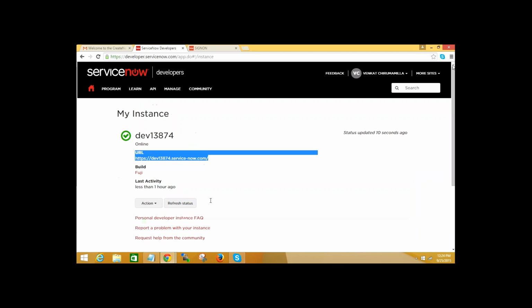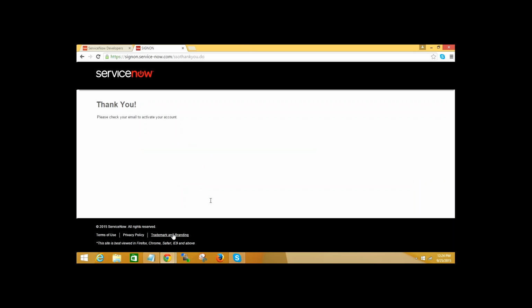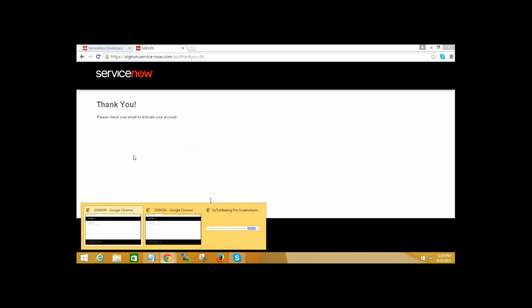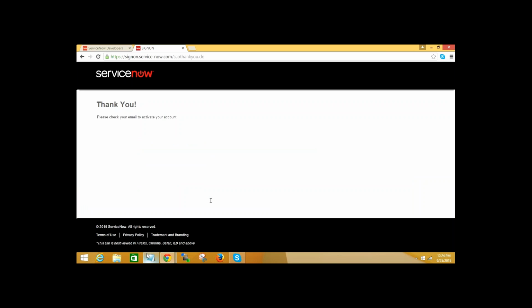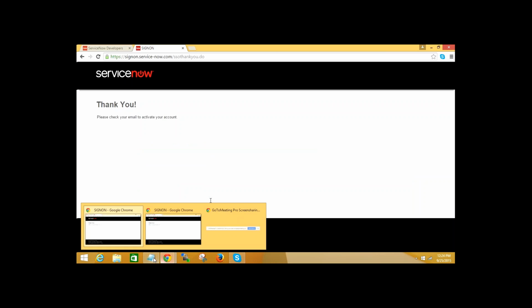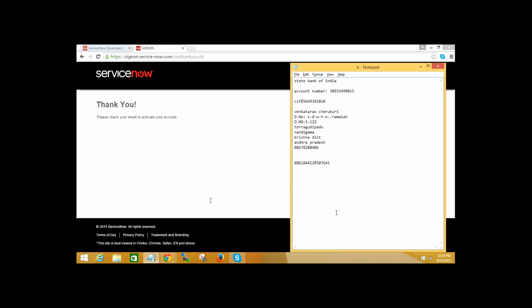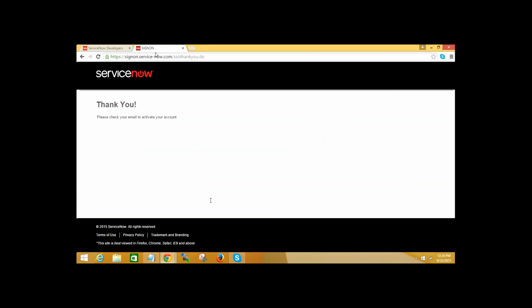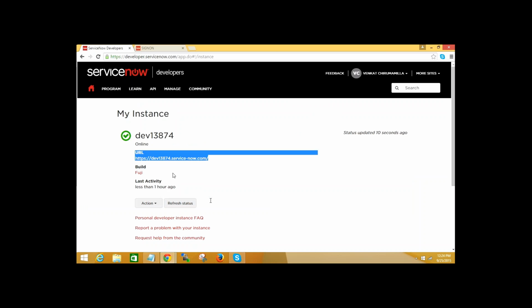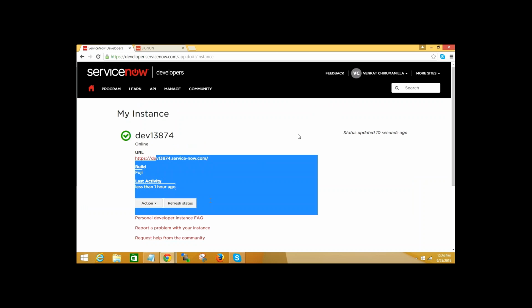Venkat, you done copying the password? Not this one. Can you show your notepad, whether you copied or not? Just want to make sure. Come down. Not this one. This is the URL.